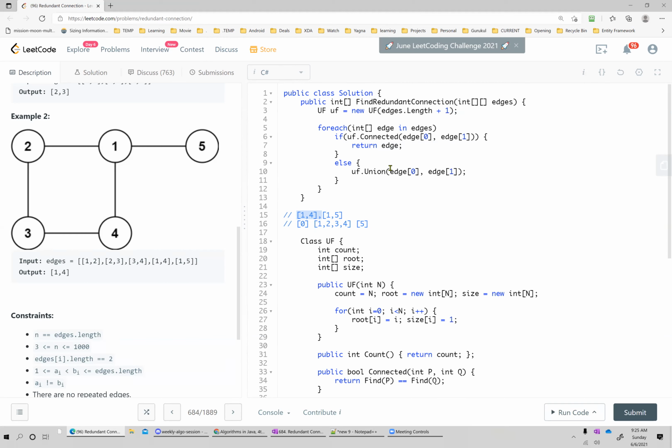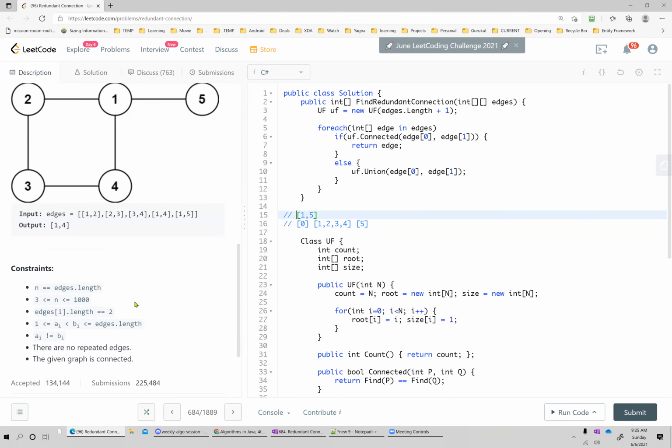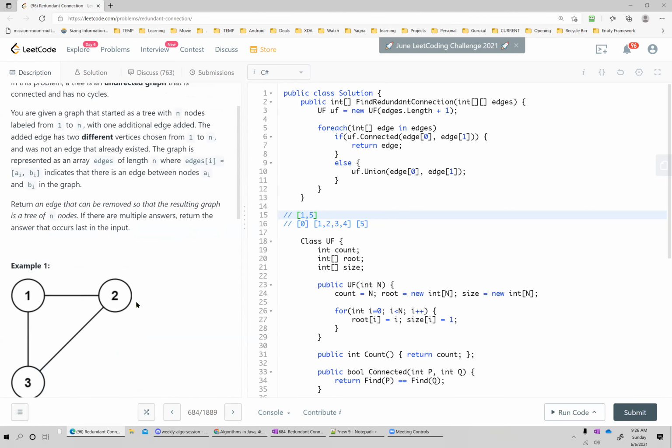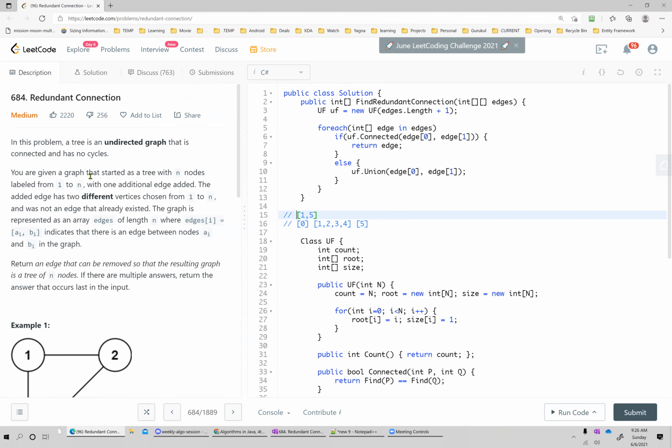So I don't think it is required. My answer for why we do not process is that there is only one edge which is creating this cycle, and we have to identify it. So once we identify it, no need to process further. Okay. And also, the reason is that we now have n-1 edges connecting n nodes. Correct. And yeah, if you read the question, I think there's one additional edge added, only one.